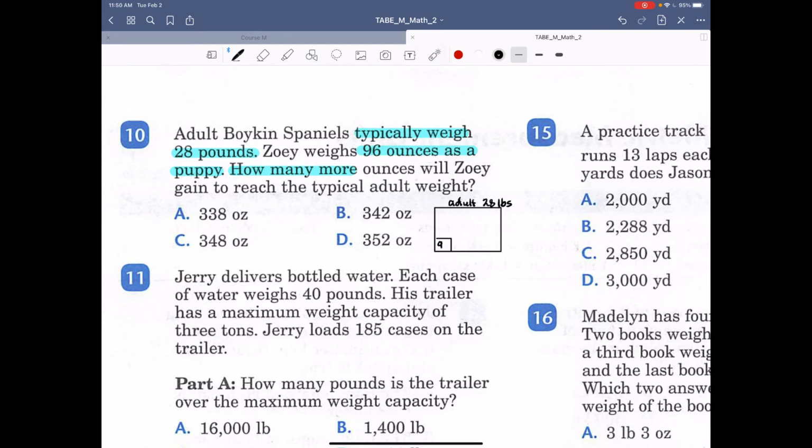Right now, that puppy is 96 ounces. So what we're looking for is this amount. How much more does Zoe have to gain before she reaches that full weight? So that helps visualize what's going on here. Here's what Zoe is now. So how much more does she have to gain to fill that space? So we need to convert the